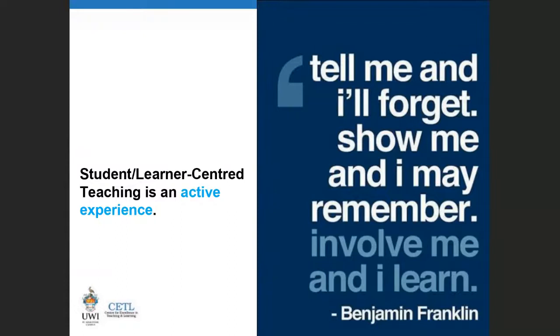If you had just started with the topic about the course, and this is what they need to learn, and these are the concepts, you would be the only one talking, and there would be no retention. And if no retention is taking place, then they haven't really learned anything. There's a perspective that if learning hasn't taken place, then teaching hasn't taken place, right? So you really want to take a learner-centered or student-centered approach, because that is more active, where students become more actively involved in the teaching and learning process.